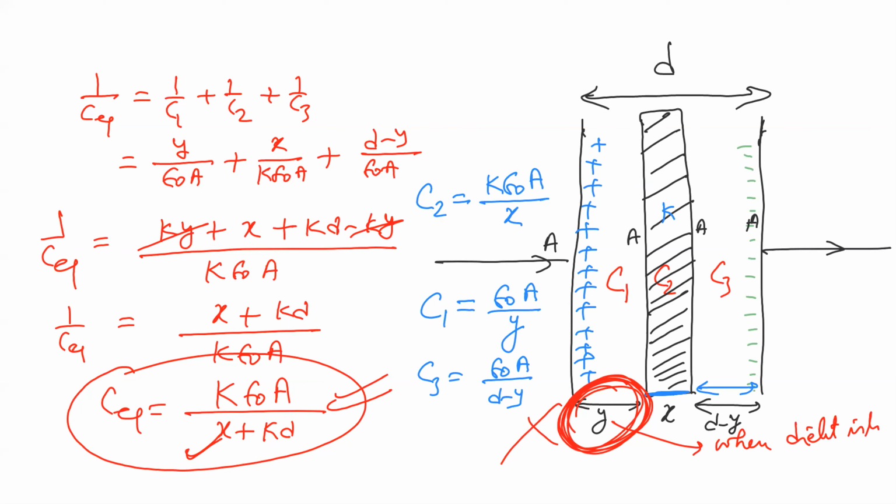So that Y is getting cancelled, right? KY and KD plus KY minus KY will get cancelled. So only KD is surviving. So this is how we'll calculate it. So C equivalent is this quantity. Now, anyone has any difficulty in this? Any doubt? Remember this as a theory: whenever a dielectric is inserted, we have to use this logic. And this is also one statement that whenever they are connected, the location is immaterial.